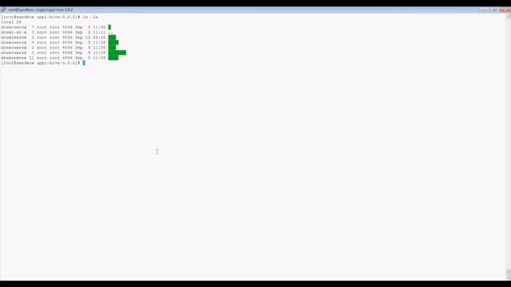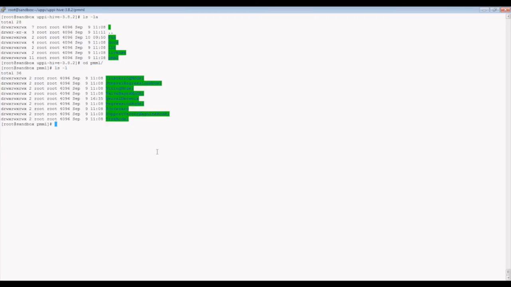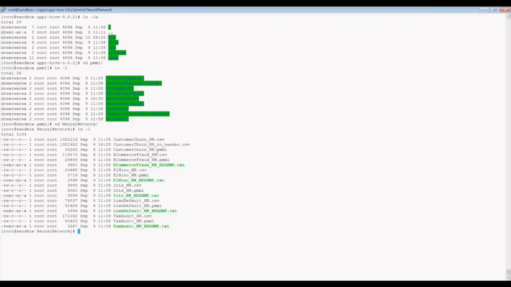Let's take a look at the PMML examples that we ship with our product. This allows you to get started very quickly. We have about 22 models here, grouped in different directories by model type. You see clustering models, mining models, neural networks, tree models, so a wide variety of different models. Why don't we take a tighter look at the neural network types? There you see exactly what we ship, and you see there's not much magic to it.